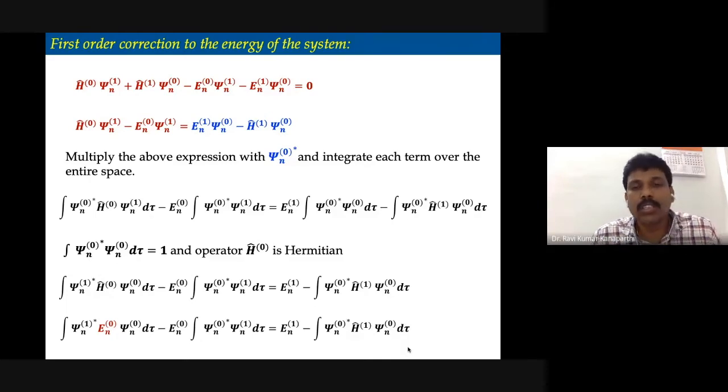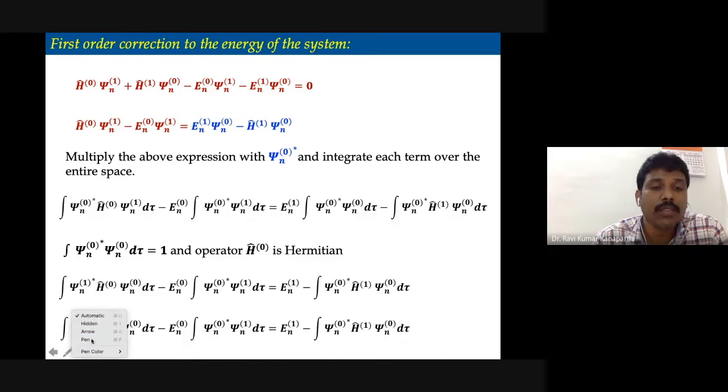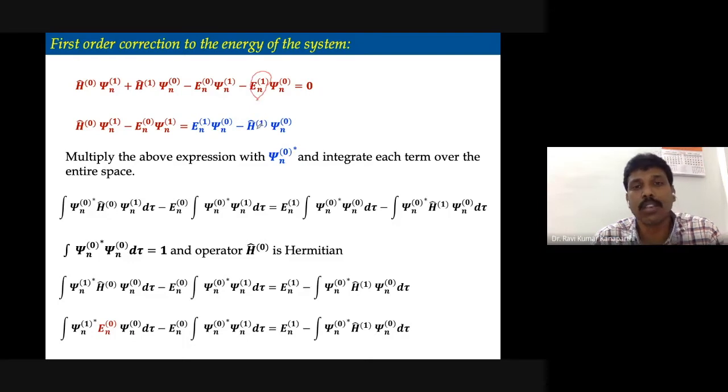If you know these things, it is really nice that we can make approximate corrections so that we get the solution for the perturbed system. Okay, we will do that. Well, equation number 6 is written here, and we will try to evaluate what exactly is the first order correction to the energy. This particular energy I wanted to evaluate.